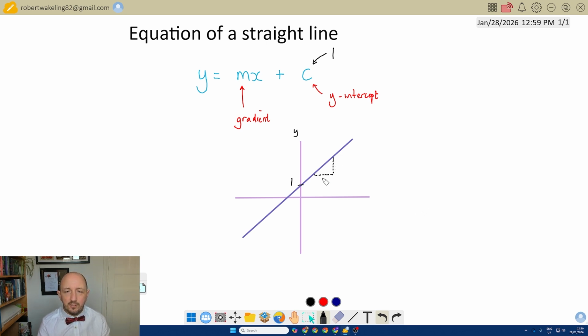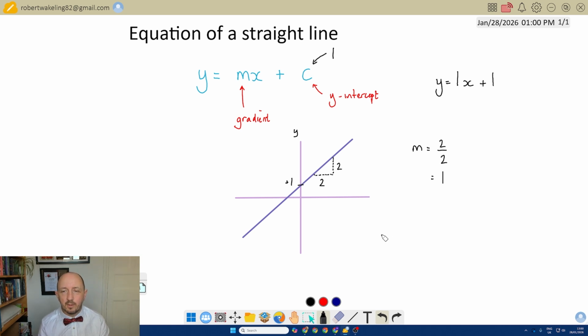So if you go across, say, 2, and you go up by 2, then the gradient, m, we use as a shorthand for some reason, m, and we do the rise, the change in the y value, so up by 2, divided by x, 2. 2 divided by 2 is equal to 1. So for this particular equation, it would be y = m, the gradient, which is 1, then x, and then plus 1 for this positive